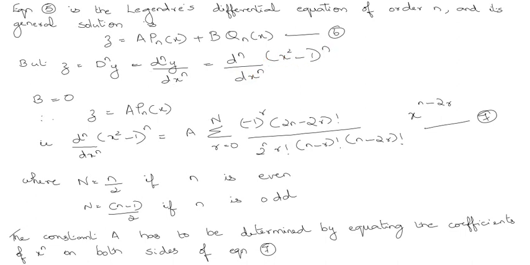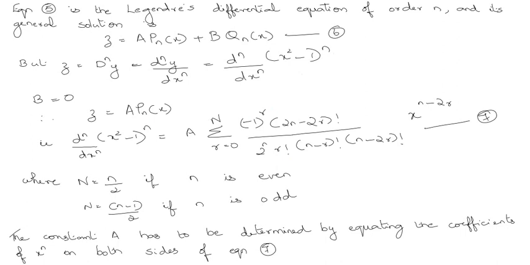Since negative orders are not coming, b is equal to 0. So this general solution is z is equal to a Pn of x. So instead of z, we can write dn by dx raised to n of x square minus 1 the whole raised to n. That is written here. A is written here, and we are going to substitute for the general form of Pn of x here. Okay, we are writing the general form of Pn of x here. So that is written here.